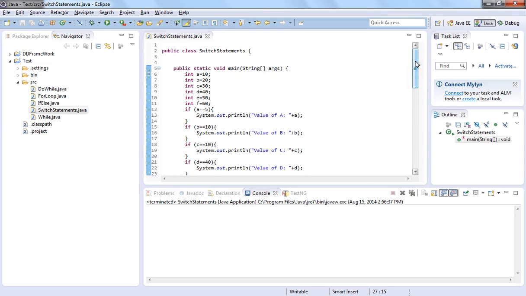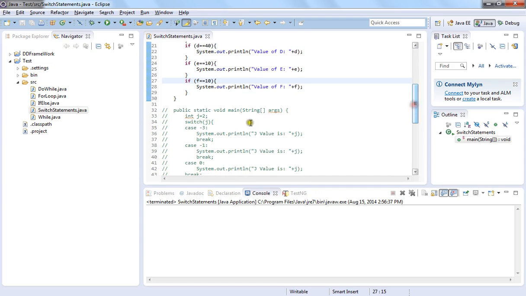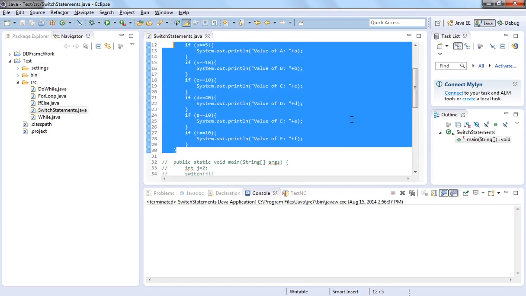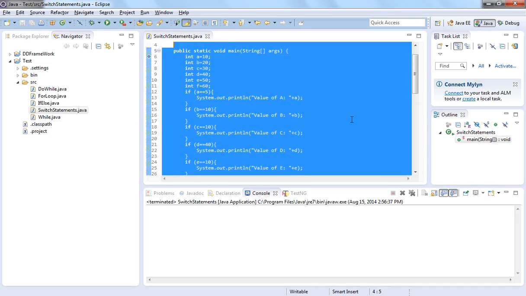So instead of this way, is there a way that the execution goes directly to the place where the condition is true? If the condition is true, then execute the piece of code inside the true condition block, and don't verify the remaining pieces of code or conditions. It will save a lot of time. So in that case we can go for using switch case. Let us comment this piece of code,